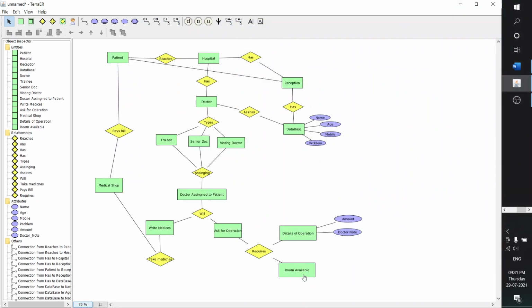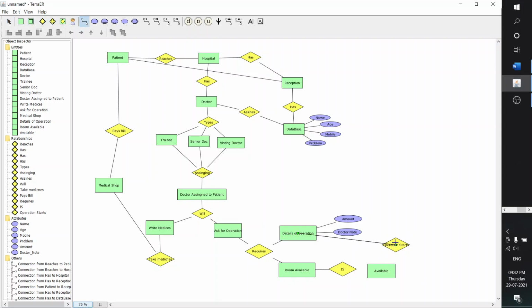Room availability: if the room is available and the details of the operations are collected, then with the help of both, the operation starts.